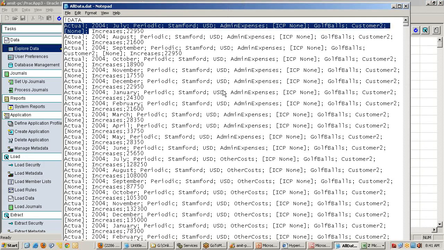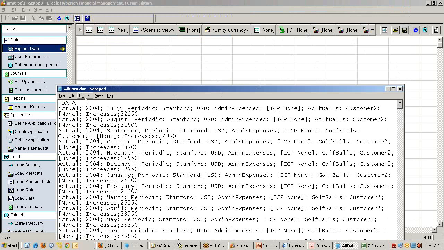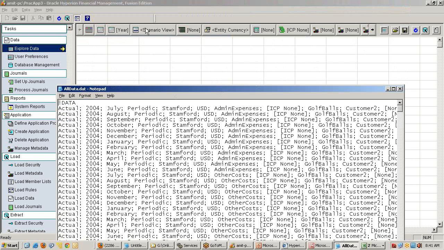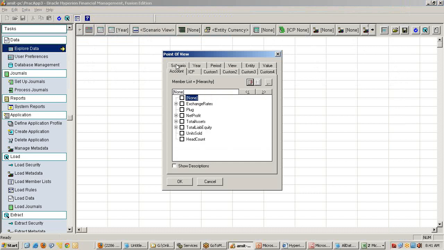The entity is Actual 2004, scenario is Actual, year is 2004. Just select them.